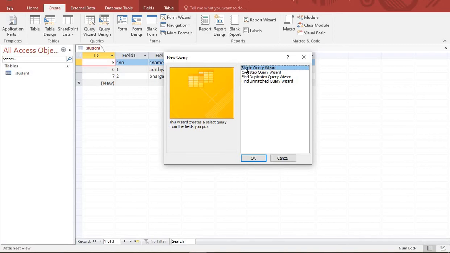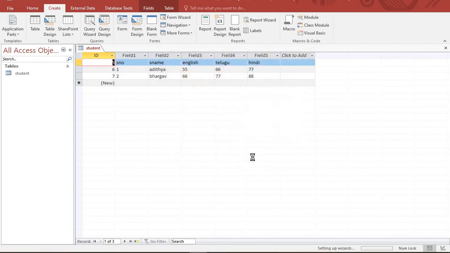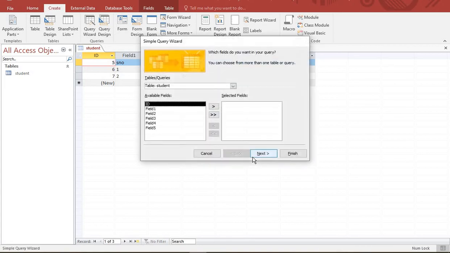In this box you have to select simple query wizard. By default it will be selected. Then click on OK.